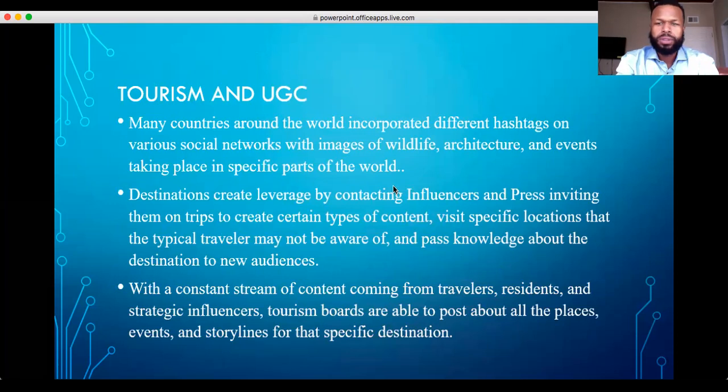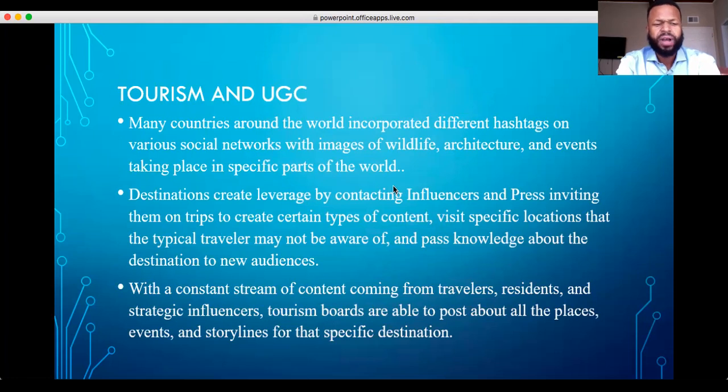Another thing I looked at with user-generated content was tourism. Many countries around the world have incorporated different hashtags on social networks that show the different wildlife, architecture, and events that are taking place in different parts of the country. User-generated content has allowed destinations to create leverage for themselves by contacting influencers, people on Instagram with a lot of followers, and inviting them to these trips where they create this user-generated content, and people are able to get a personal experience of what's taking place.